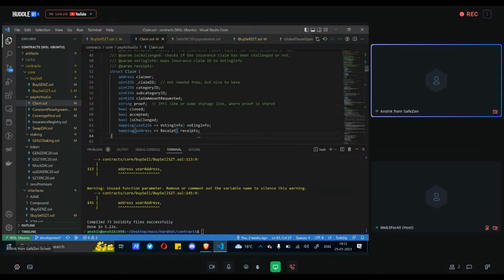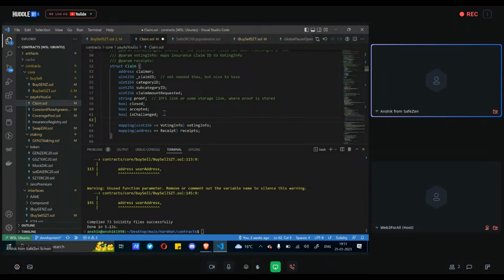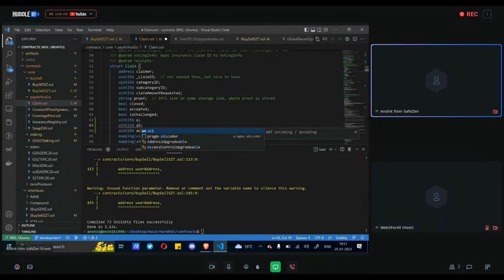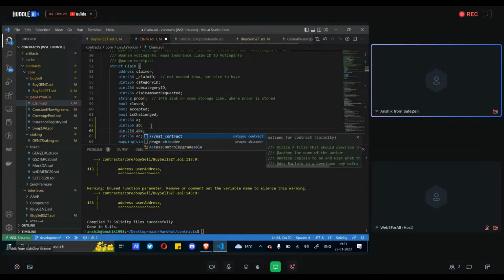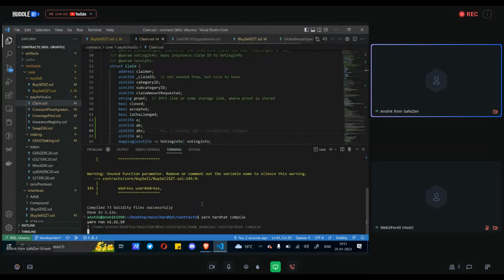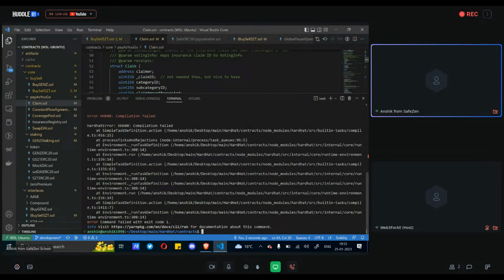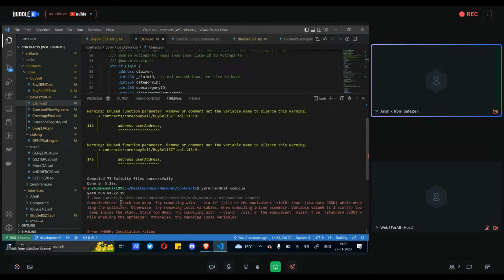Now, to just showcase what will happen if I increase this, let's say I am entering 56a, and let's say control B and C, and for now let it be as AB, just for the testing purpose. And I'll create one more so as to make sure that we can see the error itself. So it will now give us an error, and the error is stack too deep,